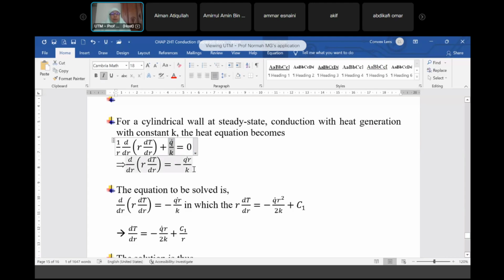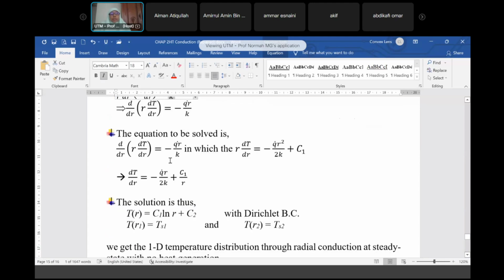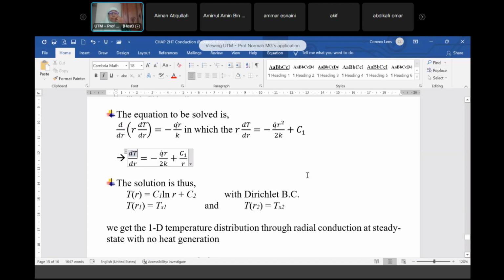Simplified in this form. Now, because q is normally given, k is given, you assume some constant value, you have to solve this. So you solve this in which r dT/dr, you get this, and then you end up with this. You have C1. I get this. So T is